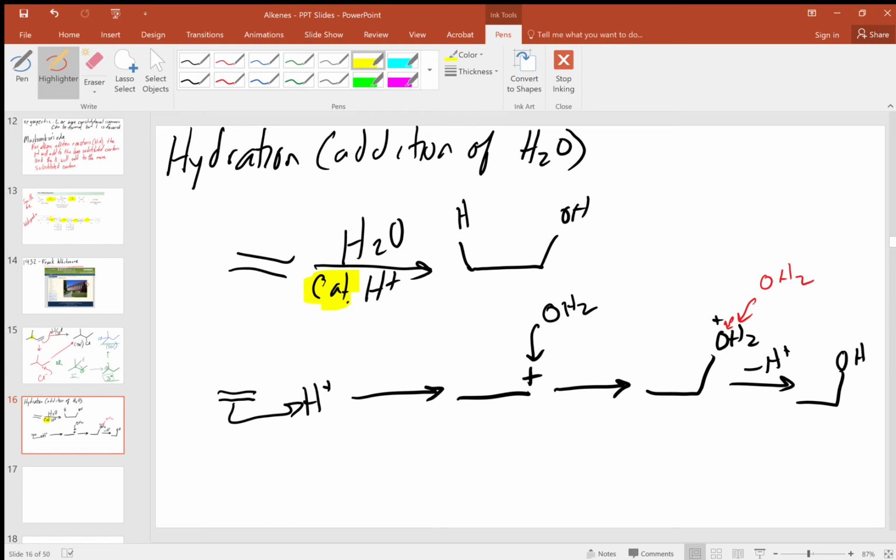So if a reaction has a catalyst, we should be able to find in its mechanism that the catalyst is being used in the first step,